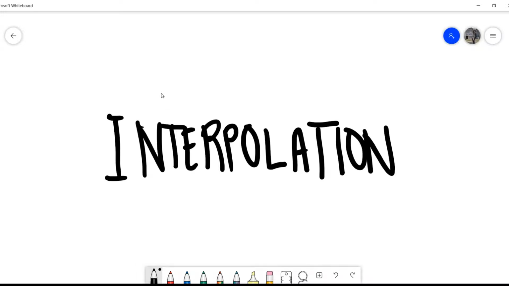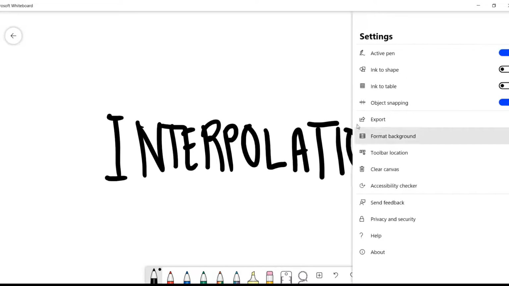Okay, today we will be talking about interpolation. So first, what is interpolation? When we say interpolation, we mathematically estimate data or numbers in a certain range of data to create new known data. For example,